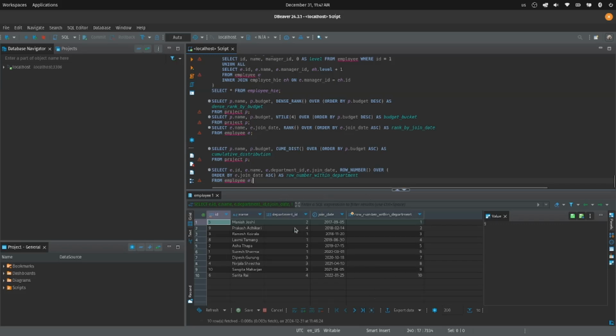We are giving the position for all the employees overall. So we are not looking at the department ID. We are not going to separate them on the basis of department ID as per this query. But if we use a partition by,